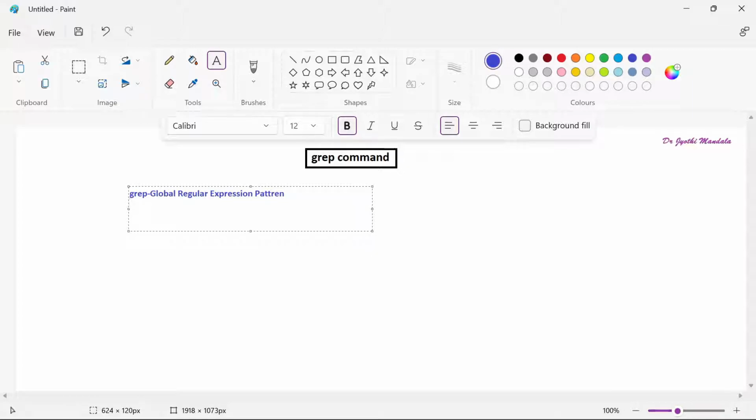Now, what is the use of this grep command? This grep command is used to search a file. You have some contents in the file. Now, if you want to search that file for a particular pattern, which is nothing but a set of characters, and if you want to display the lines which have that particular pattern, then you can go with this grep command. So, this command is used to search a file for a particular pattern of characters,